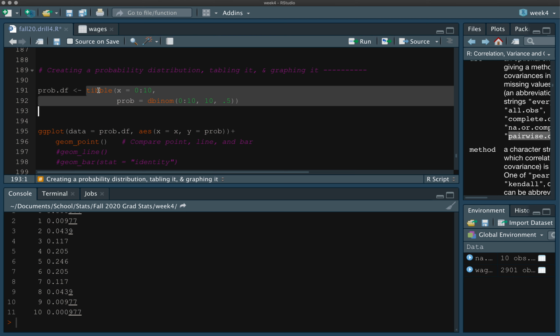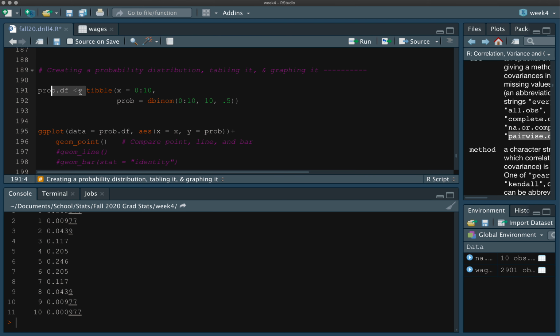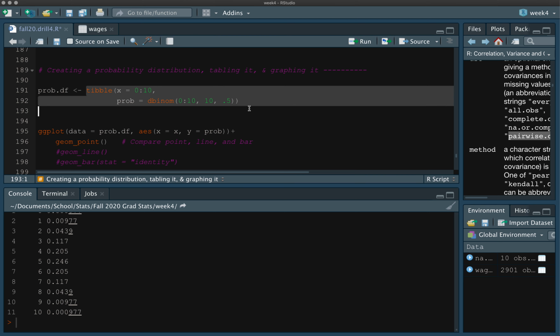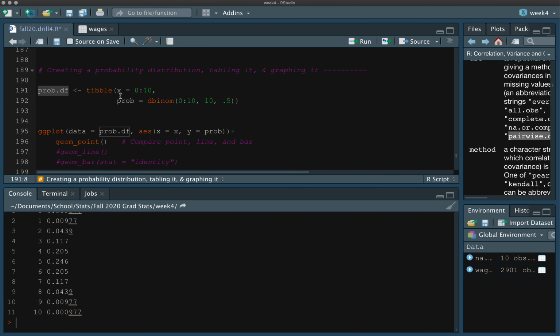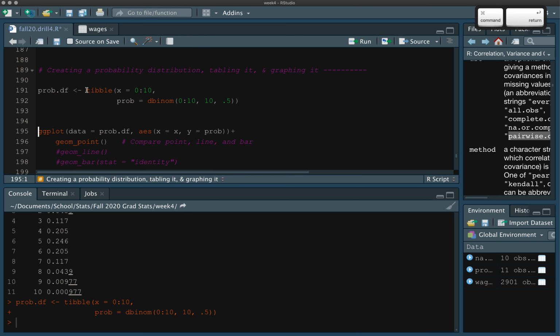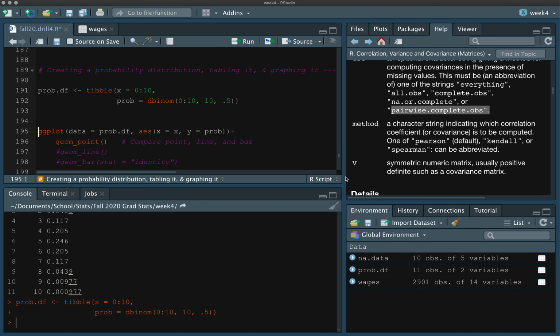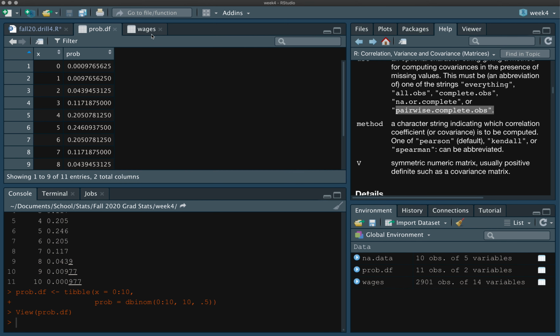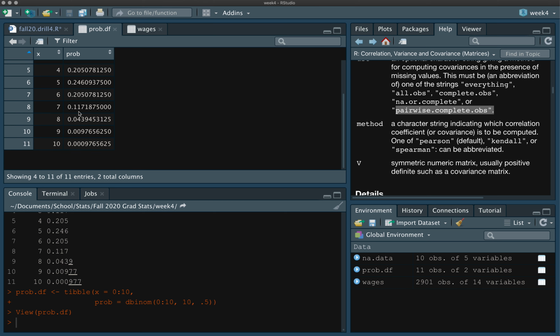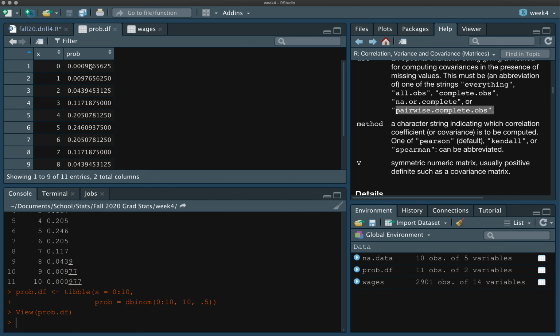Just a small note, I always recommend, don't start with assigning things, especially if you're writing over data. Always get the function to work and output the way that you're expecting it to be. Then go back in, put in your arrow, and put in that object that you're assigning it to. So now we're going to create this thing called probdf. And probdf is simply the x values 0 through 10 plus those probabilities of 0 successes, 1 success, 2 successes,